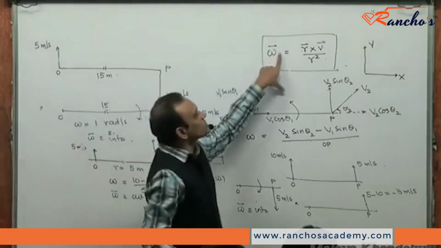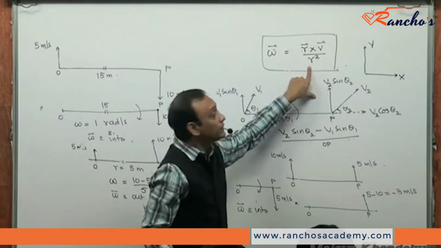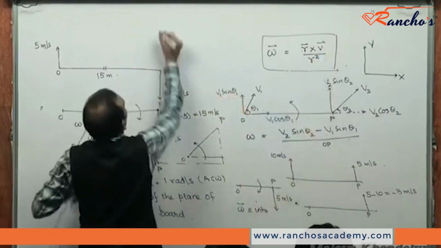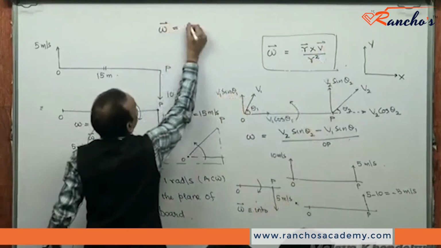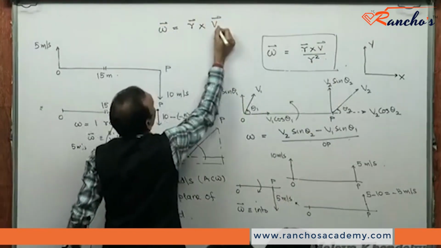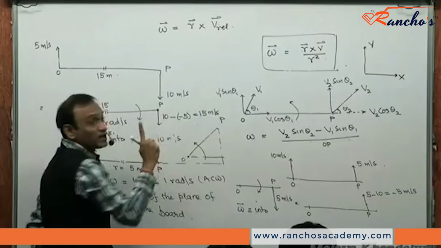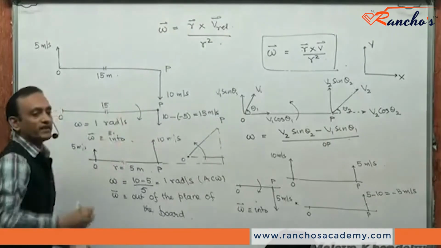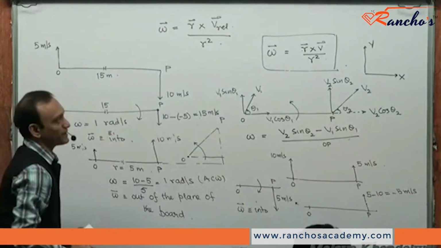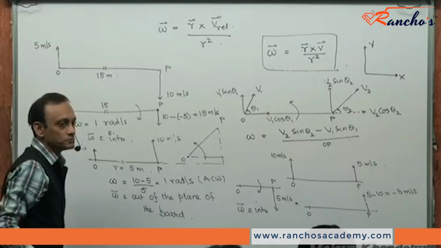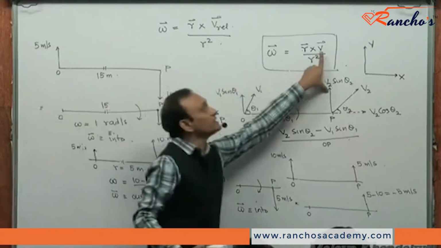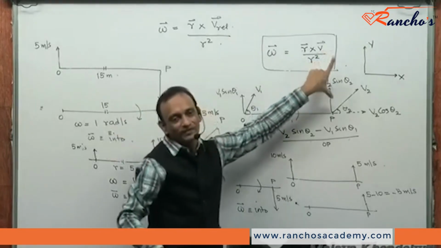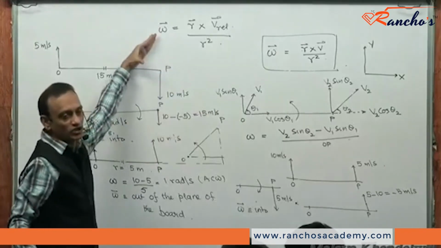So this was the angular velocity, r cross v by r squared, right? If O also had motion, then the angular velocity vector of P as seen by O would be given by r cross the relative velocity of P, V rel, which is the relative velocity of P as seen by O, divided by r squared. That's the angular velocity vector in a very general sense of P with respect to O. Do you all understand this properly? When O is not fixed, then instead of V, we'll take the relative velocity of P with respect to O, and perform this operation. That will give me the angular velocity vector.